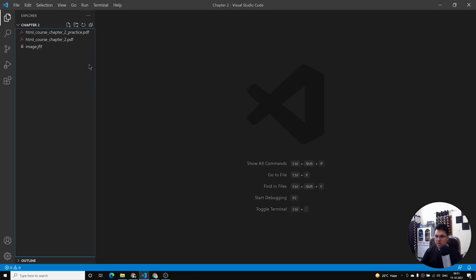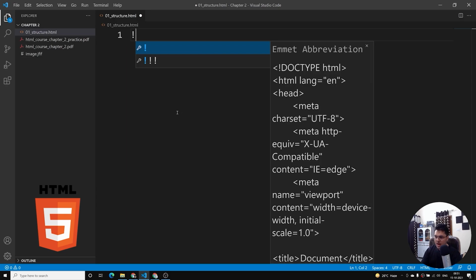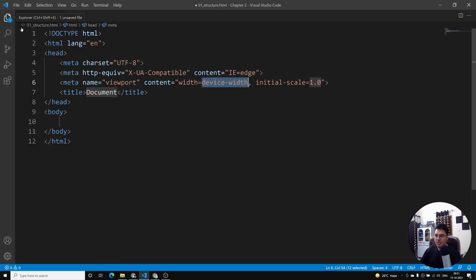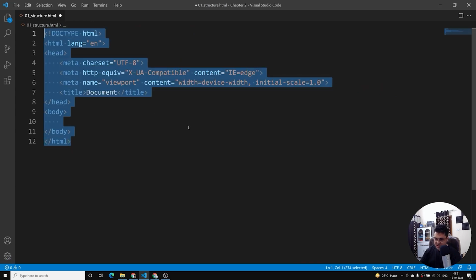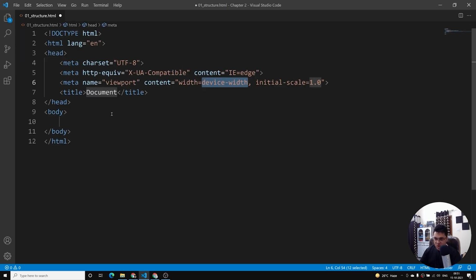I have opened this folder in VS Code and I'm going to create a file called 01 underscore structure.html. So this particular file is going to describe the structure of HTML. I'm going to use exclamation mark and enter to create the basic boilerplate of HTML. This is automatically done by VS Code when you put an exclamation mark. This is called Emmet abbreviation. Once you say exclamation mark and you press enter key or you select this, you are going to see this